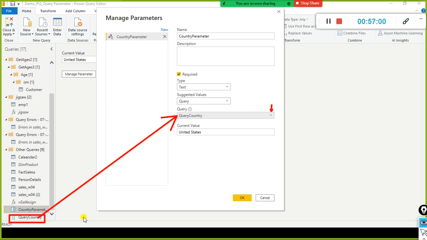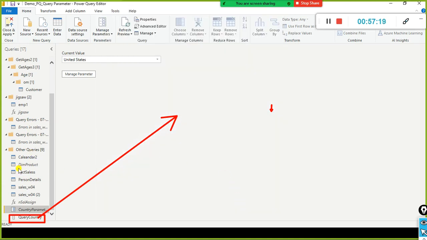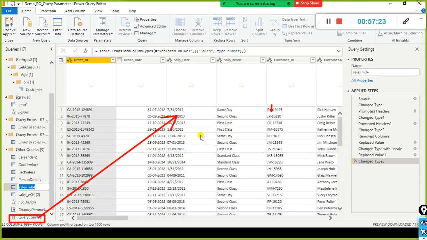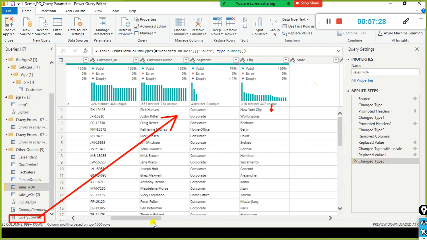And then the second step is you need to map this query country here in this parameter. So this is called query type of parameter. Okay, so the next one is I just click on OK, but still we need to go to sales. This is one extra step. So you need to go to sales W04 and you just go here, country column,